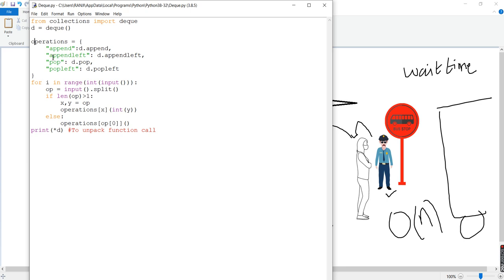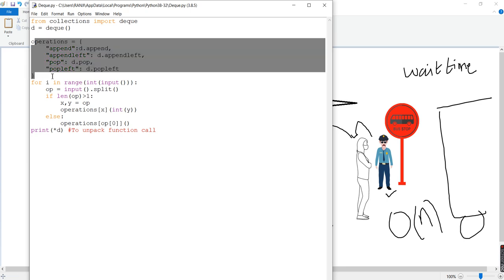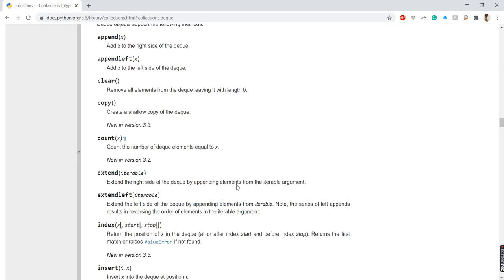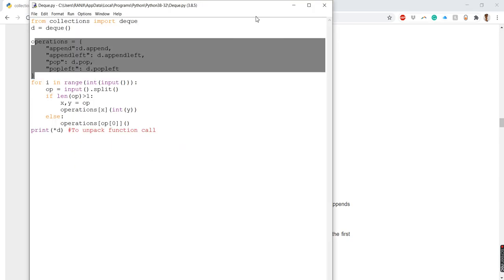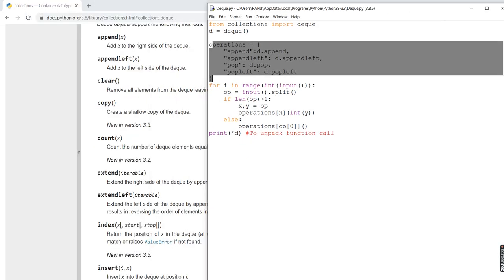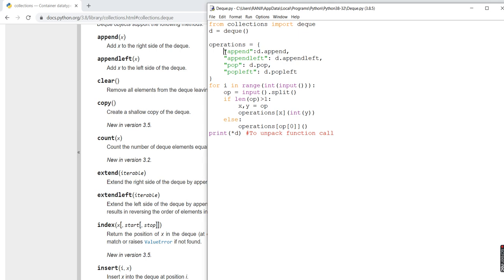Next, I create a dictionary of operations that I want to do in this DQ. If you read this website, that is the documentation, there are n number of different operations. I've considered only 4 of them. The name of the dictionary is operations, and in that I am passing 4 different operations that I want to perform.